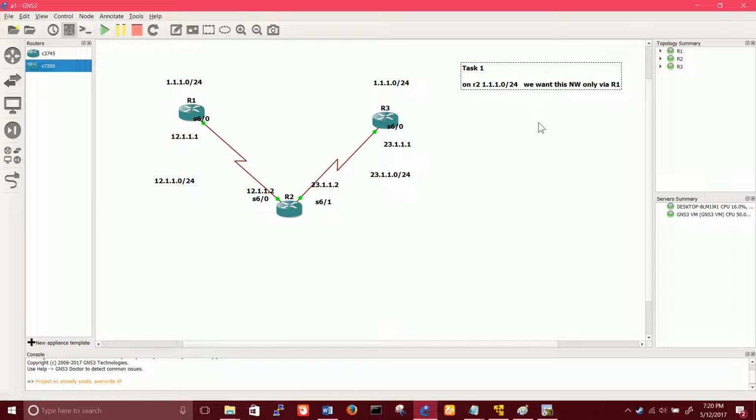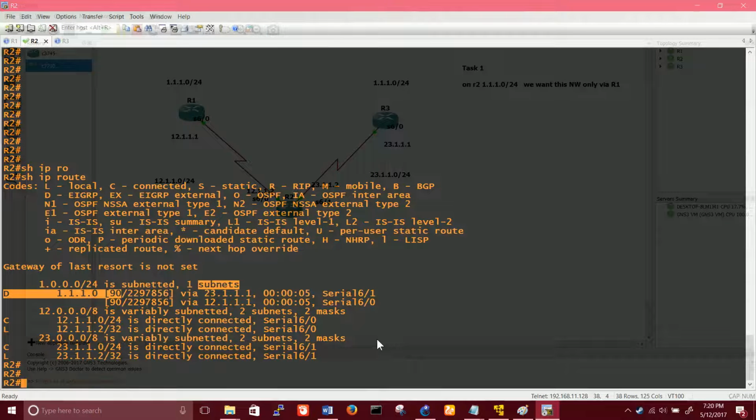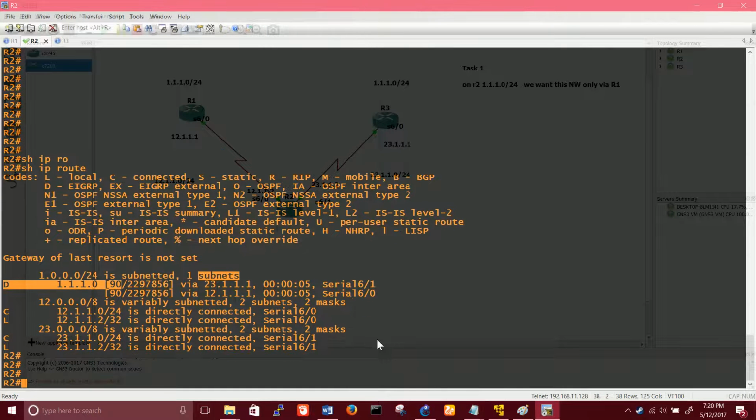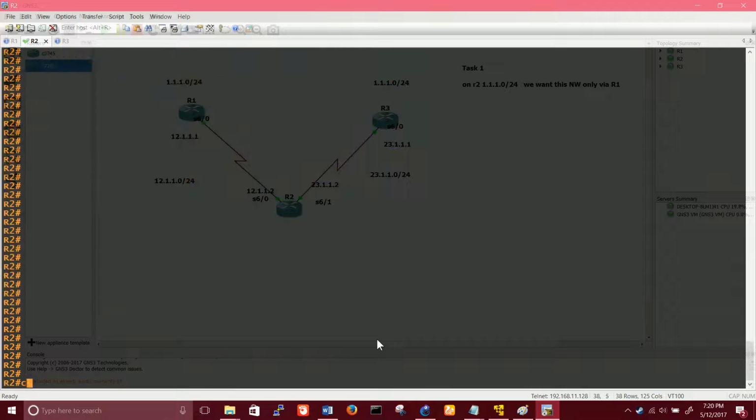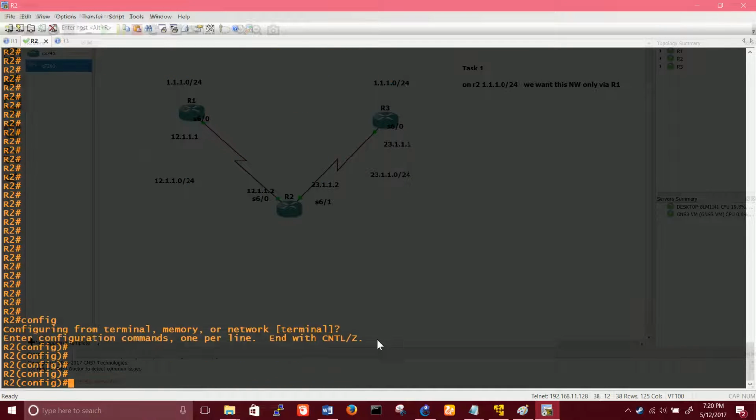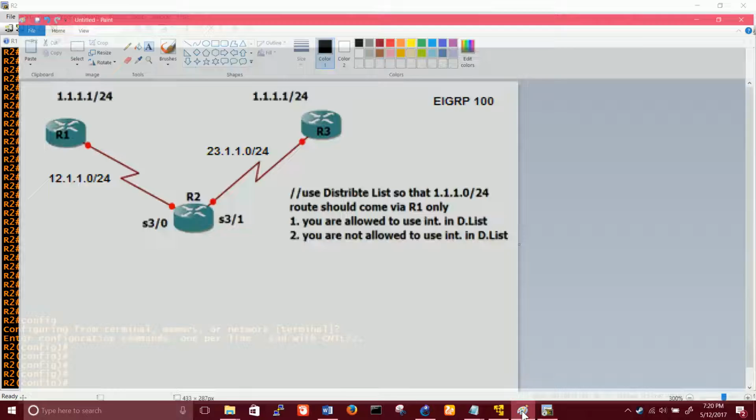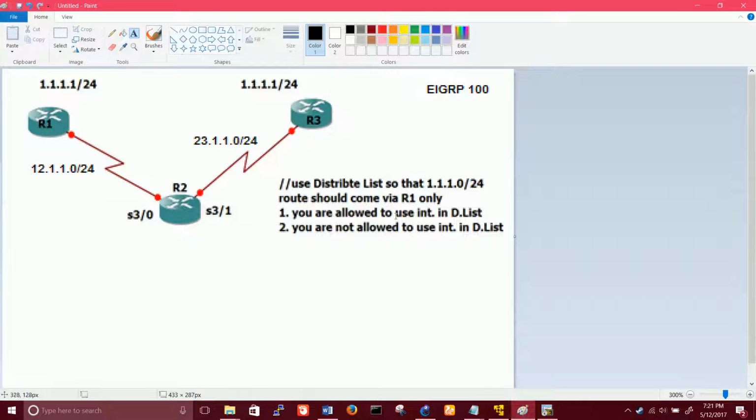So let's do that. Let's use the tools that we already have: standard ACL and the distribute list. So let's use them to do this. Config T. And look, we had some restriction this time. We are allowed to use the interface in the distribute list. So good thing, we can tell a particular interface.